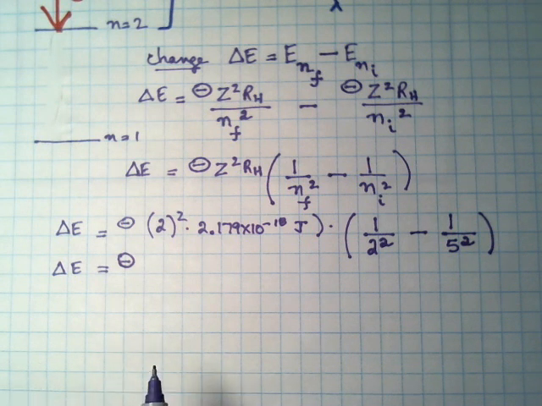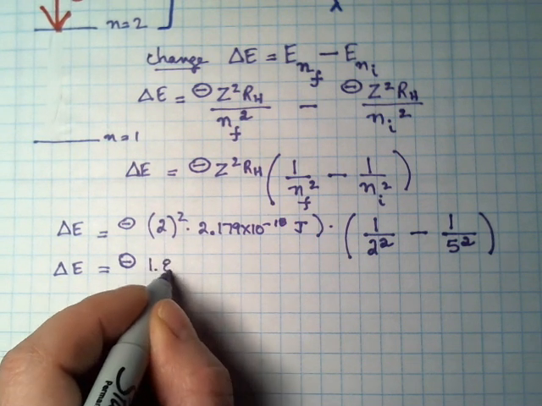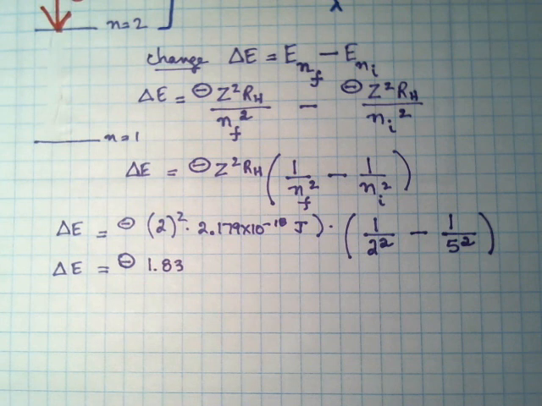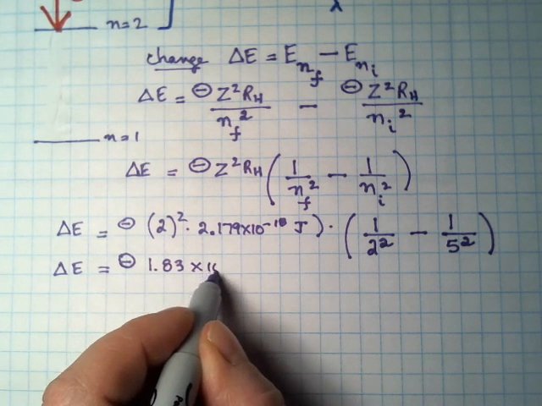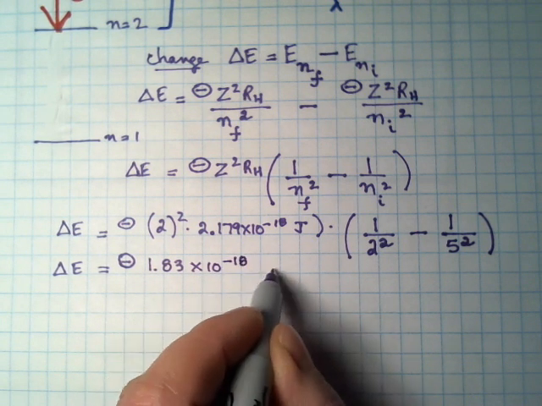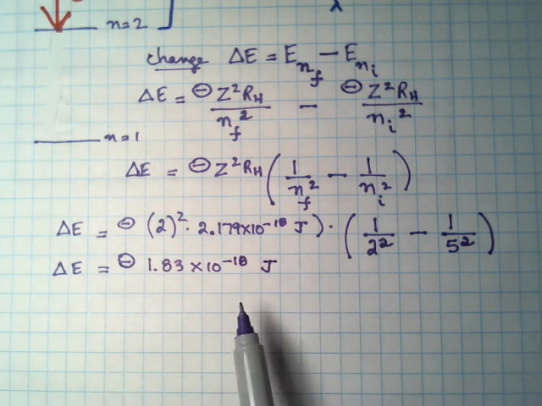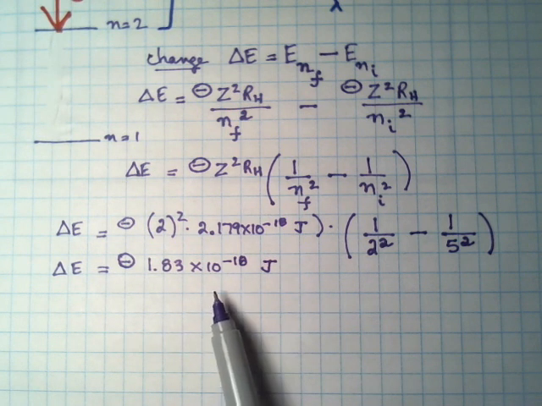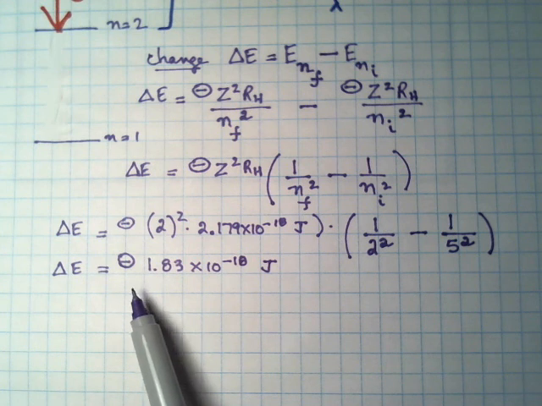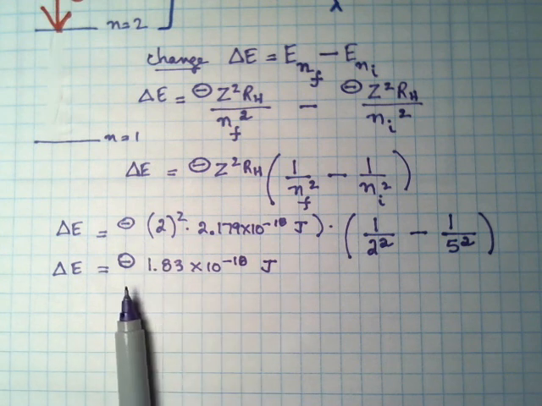All right. So what did you get? Let me see what I have on my calculator. Minus 1.83. I hope you have the same answer. 1.83 times 10 to the minus 18. And this is joules. And so this is the amount of energy released, and that's why this has a negative